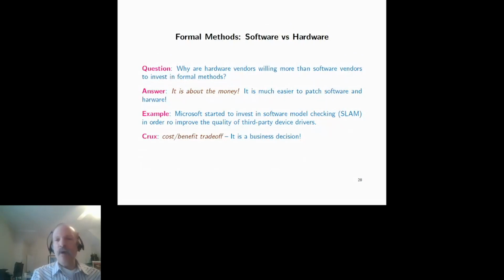Now you see there have been more successes in the hardware area, less in the software area. Why is that? Because for software, it's very easy to issue a patch, a new release. So if somebody tells you, oh, there was a bug, okay, we'll issue a patch, we'll fix the bug. How do you issue a patch for hardware? There are some ways of dealing with hardware errors and trying to mask them.